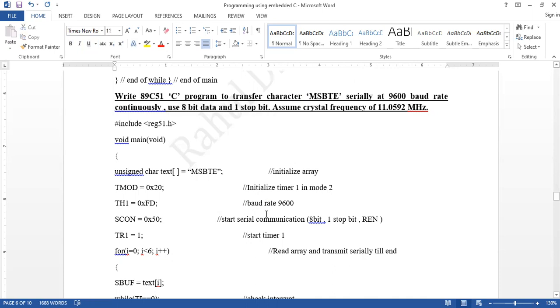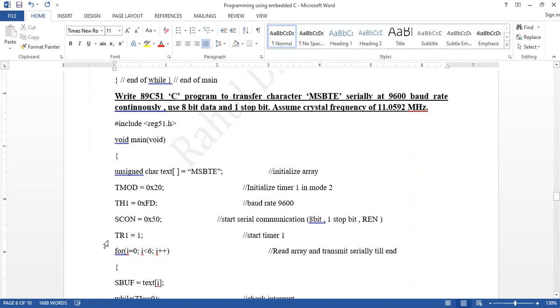That means we have to select mode 1, which is 8-bit data and one stop bit. To select mode 1 of SCON we have loaded SCON with 0x50.